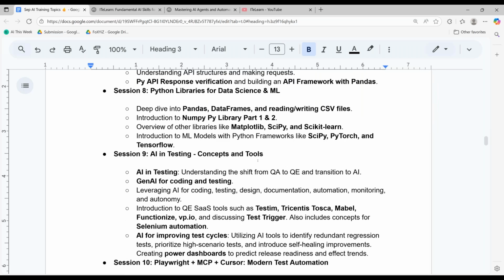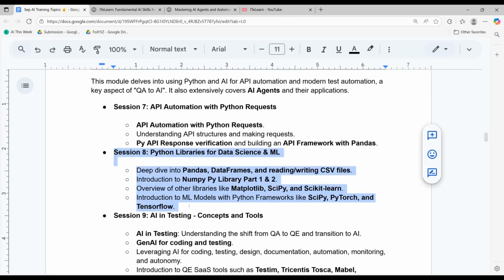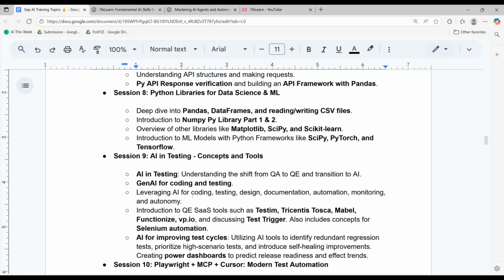All right, Python libraries, a lot of libraries, team. Matplotlib, SciPy, Scikit-learn, PyTorch, TensorFlow. So these are concepts where we really have to explain. So at least one session we should deep dive into some advanced Python concepts. That would basically give us a good control by end of session 8, session 9.